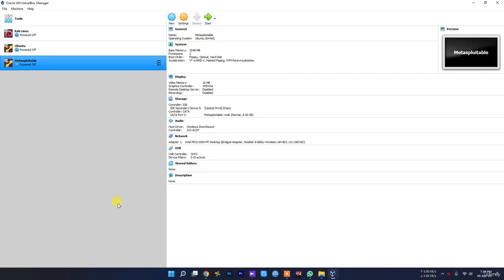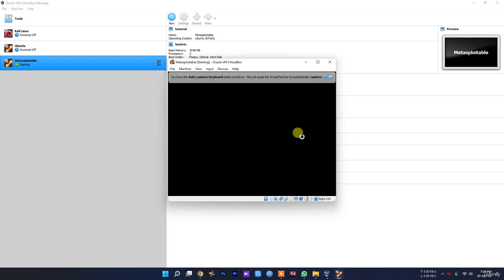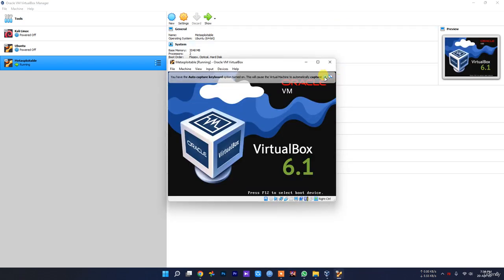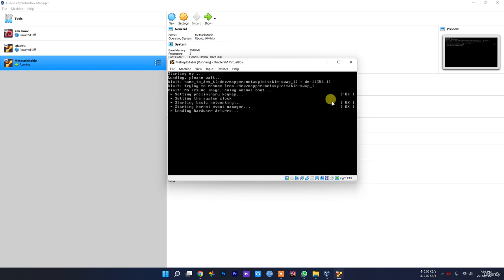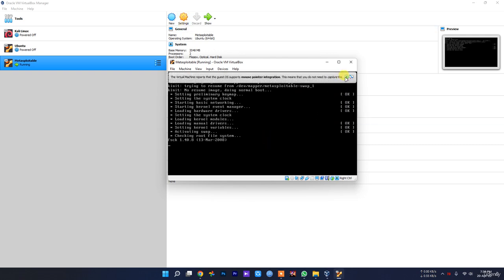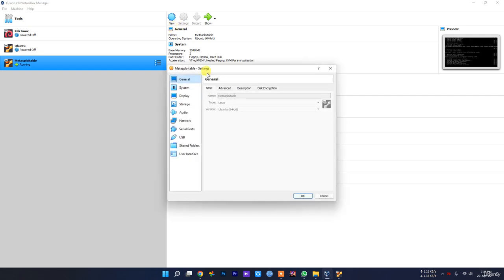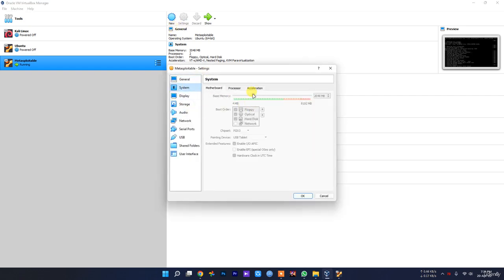Hello everyone, now that we have downloaded and installed Metasploitable, let's configure it. So just press start. As I said, you need to first configure a couple of things, like your system, give that